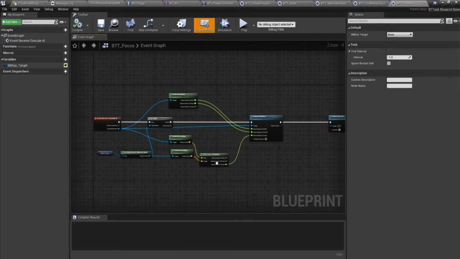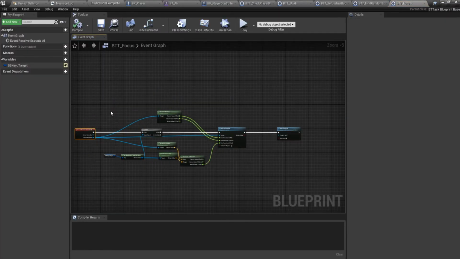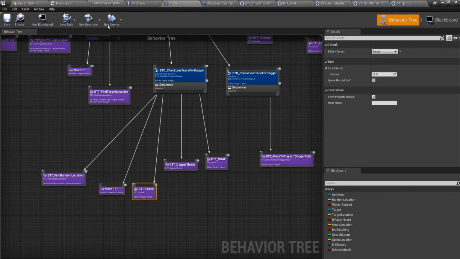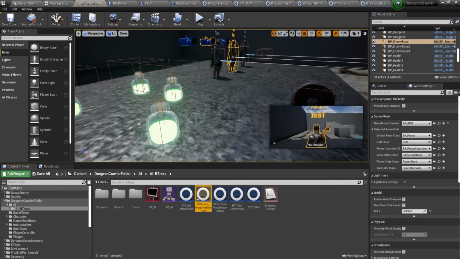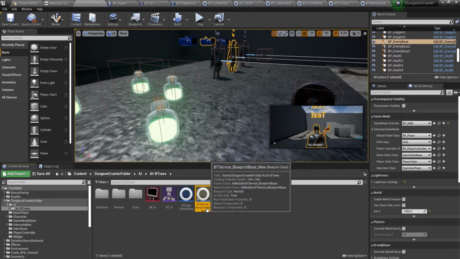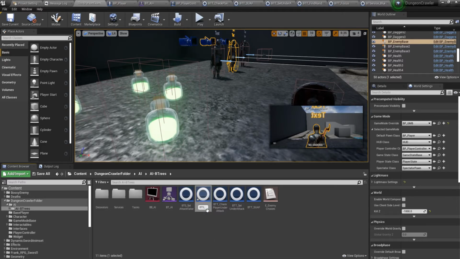What is this? Right, let's copy this, make a service, BTS, sorry, click on this, BTS focus target,